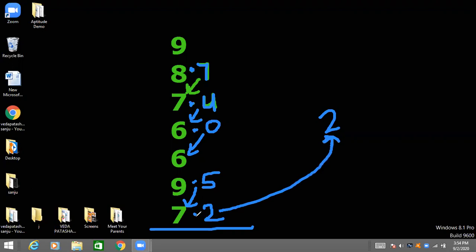Then count the number of dots. 1, 2, 3, 4, 5. Right, 5 is nothing but 50. A dot means tens, 10. So 50, write 5 in the tens place. The answer is 52. 9 plus 8 plus 7 plus 6 plus 6 plus 9 plus 7 is 52. Understood? I will explain with one more example, then you can understand. Did you understand how we get 52 here? After adding the last digit, we get the end number 2. This 2 is written in the units place. And how does 5 come? We count the number of dots. Then 52. Understood?